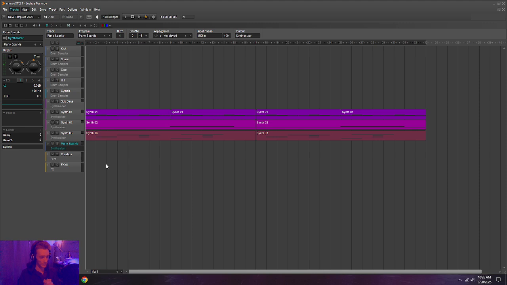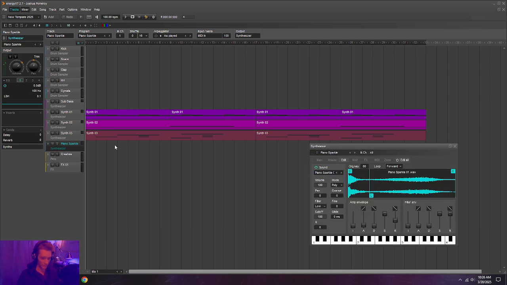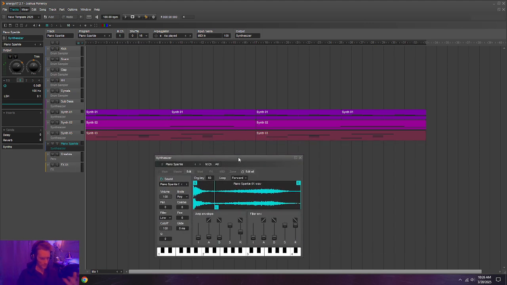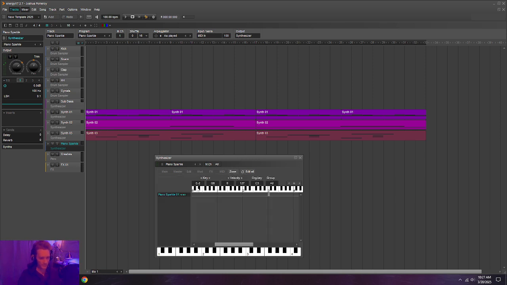The next sound I wanted to add in this template is a piano. And this piano is one that I've created. I've used it before. And I just wanted to show how I'm sort of molding it within the context of these other instruments and frequency ranges. This is something that I sampled from, I believe it was the Forefront piano, which is a free VST sampled piano. So it's a very well sampled piano. It's very simple. And I just sampled one note. Now I have it on C3,